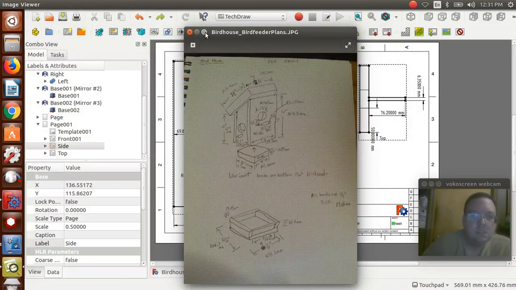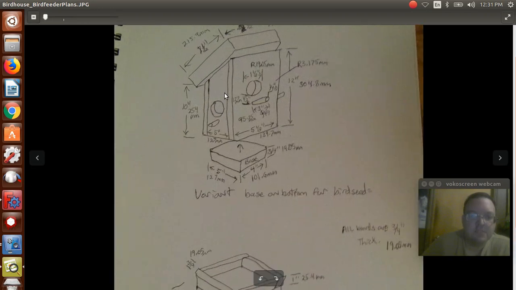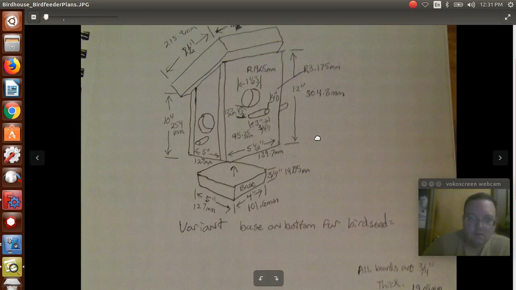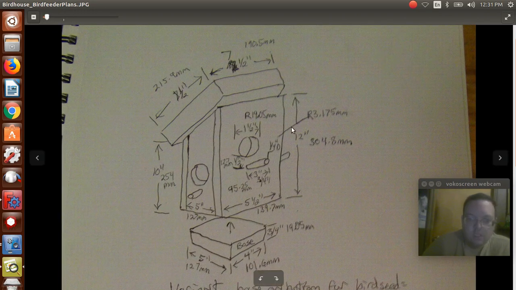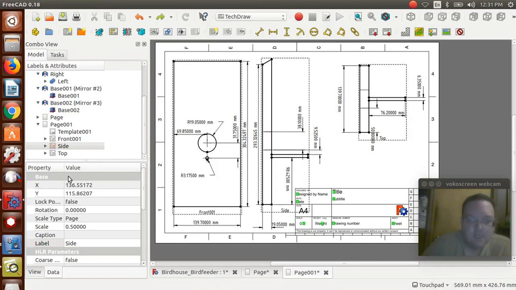I converted everything to metric. So I'm going to come in here and say this is 12 inches. So I'll jump over here, and what I can do is add an annotation,